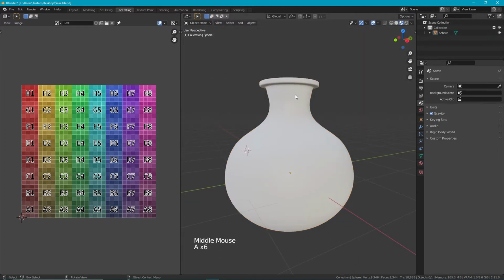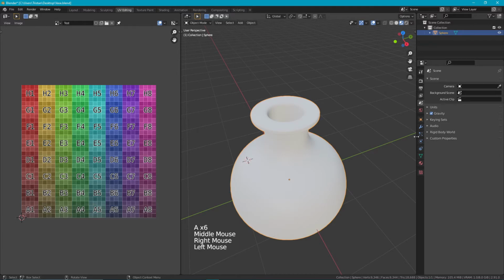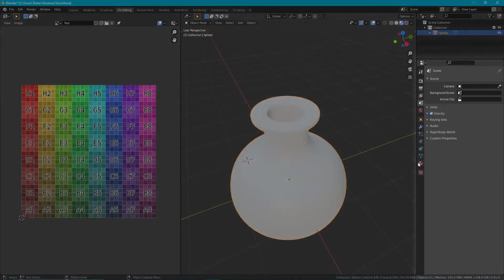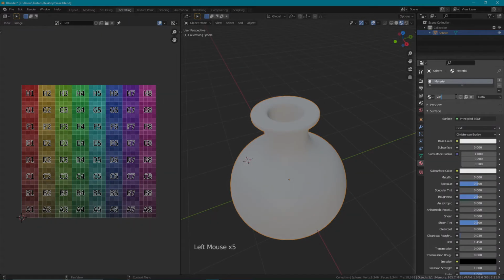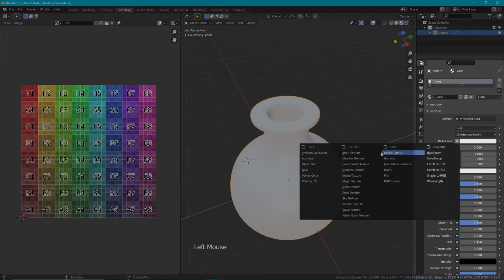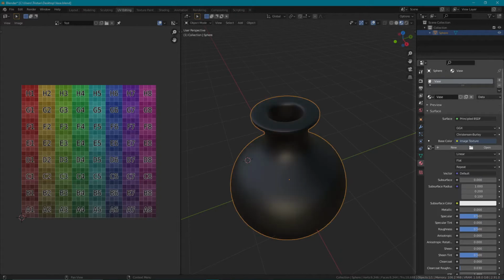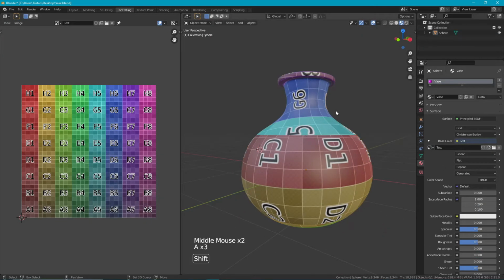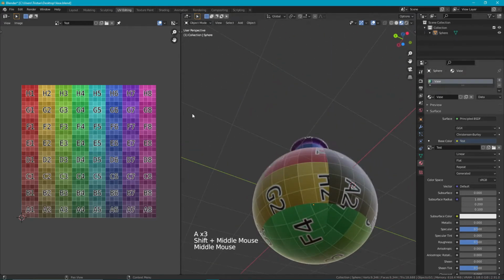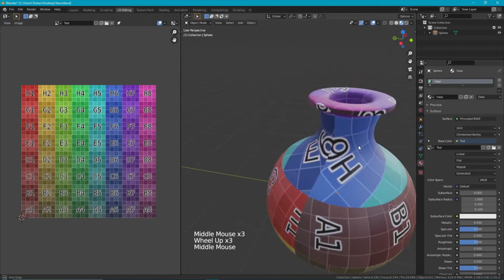Now you're in viewport shading, and now you can apply textures. So select your mesh, go down to the material tab over here, click on new, call this vase, go to base color, click on this little yellow dot here, then click on image texture under the second column. Then next to new you have this little icon. You want to choose your color grid icon, which we call test. So once you choose that, you should see that your texture is applied